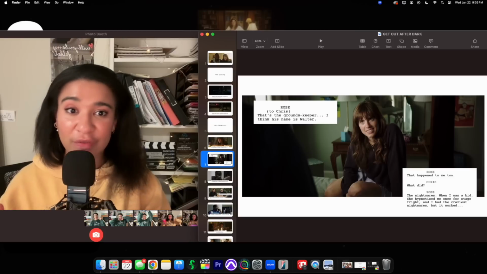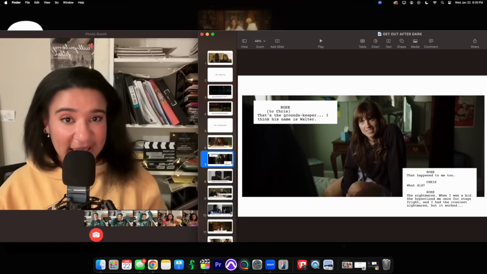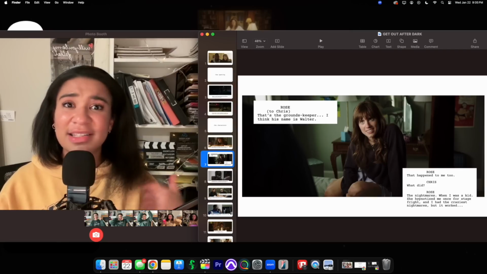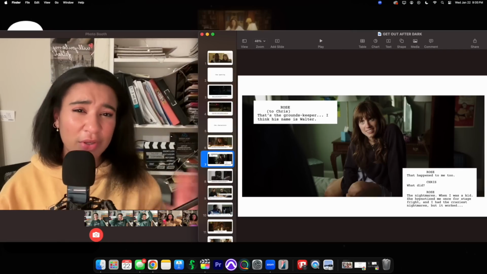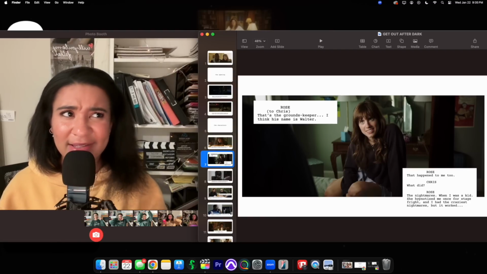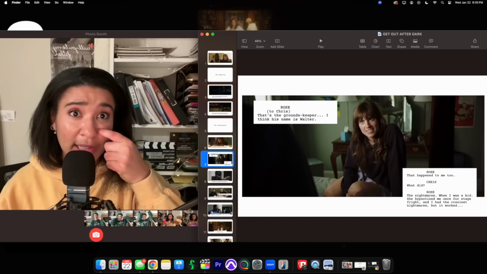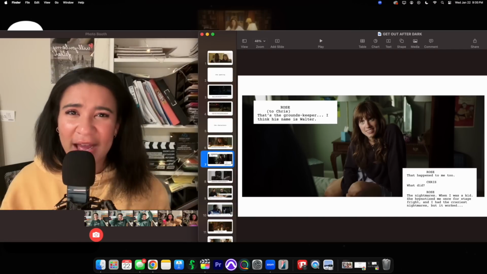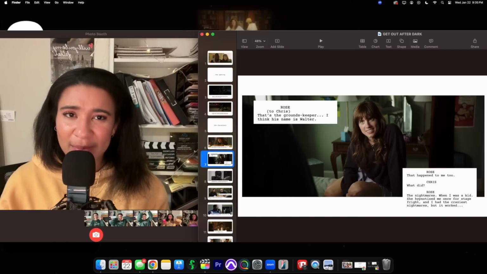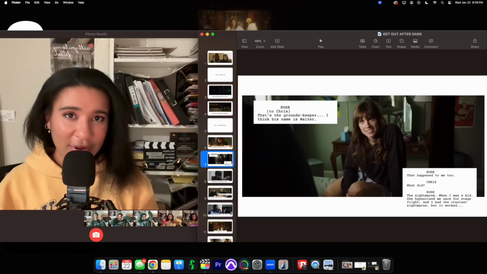For one, when Rose brings Chris first to the estate in the car, she's like, "That's the groundskeeper. I think his name is Walter." I found this to be weird for her to say because the last time she's been home, and she said it in the script, was 10 months. But I think she would know the groundskeeper's name. So I was happy to see that that was omitted,